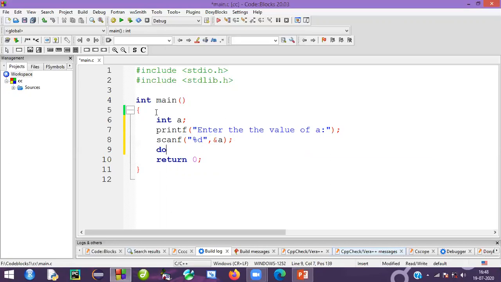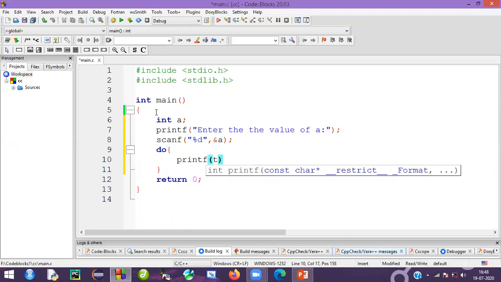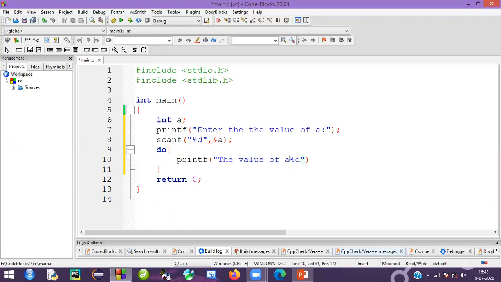After that you have to write do, open the body. Here we have to print like this: printf, the value of a is equal to %d.